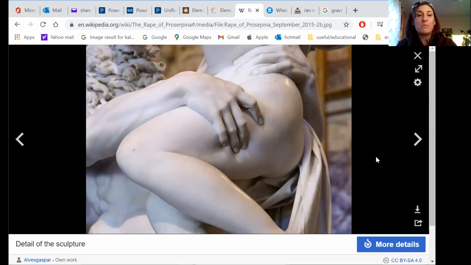It's amazing what this man has created. The impression of his hand. This looks like a hand squeezing a leg, a piece of flesh. The way that it just sinks in, and it has this smooth roundness. It's quite a feat to have accomplished here. The detail here in his fingernails, you almost think that if you touched it, it would feel like flesh, but it's not. It's marble, it's rock, it's very hard. It would be cold to the touch. And it's just pretty impressive. We're going to take a closer look in just a moment